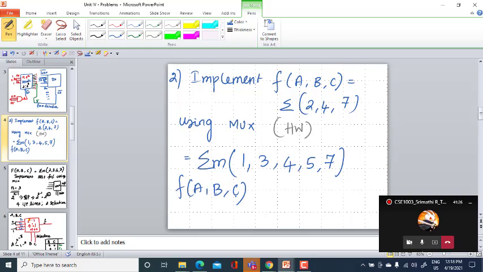So 2 problems I am giving, this one and this one. Implement these two functions by using your mux. First determine how many input mux we need, and then proceed with the implementation table and implement it.